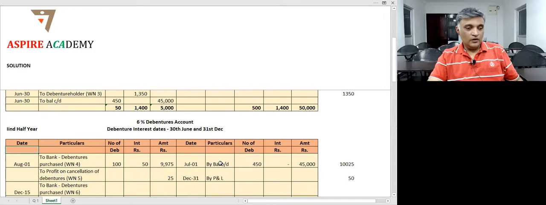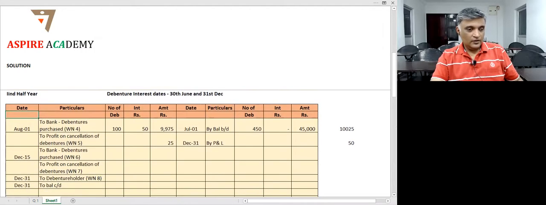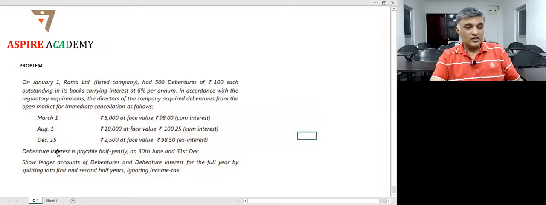Okay. Now that is done. Now please look at the next working. Next date, after August 1st, we are actually purchasing on December 15. But this time it is not cum interest, it is excluding interest. Right? So we need to calculate interest separately and put it in the interest column. Unlike in the earlier sums where it was cum interest, so we deducted the interest, now there is no need to deduct interest,